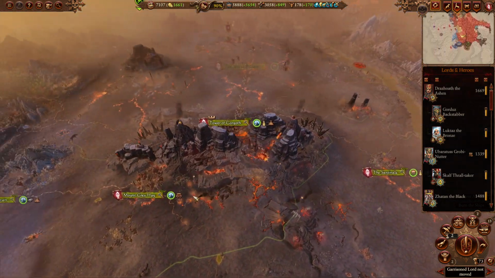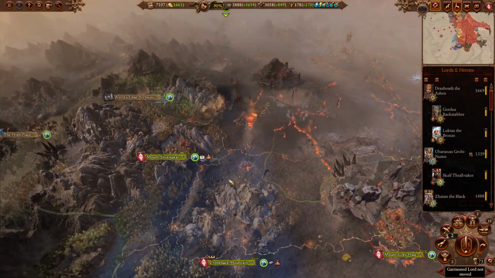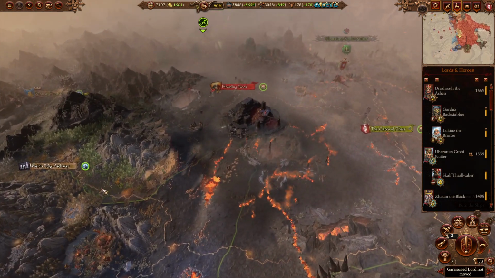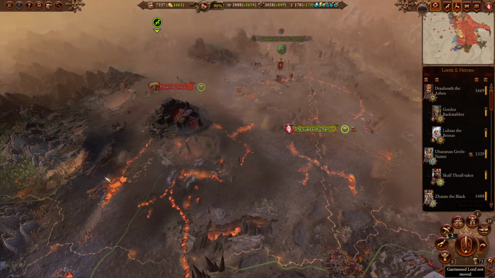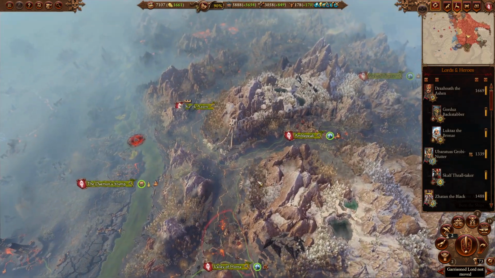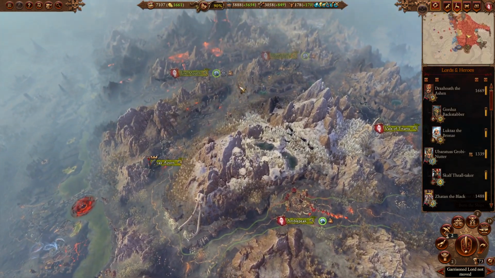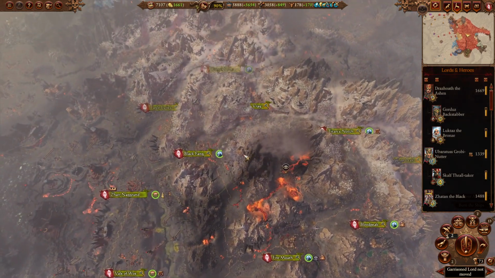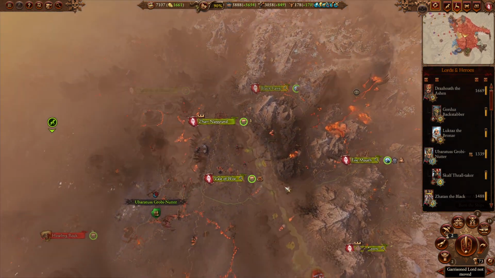What I do recommend though is actually going a little bit north. Maybe taking out Mount Silverspear here, maybe taking out the World's Edge Archway, and going east over here, and dealing with Grimgor Ironhide. Just as with Thorgrim, he's going to be your biggest threat for a while, so just go